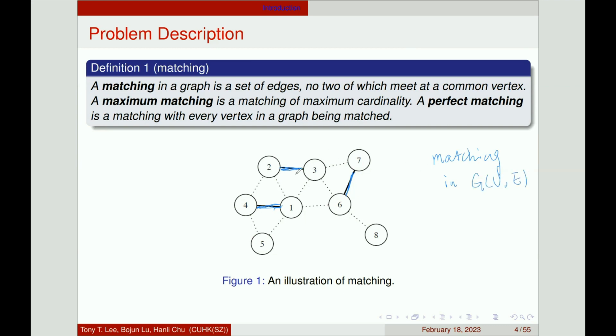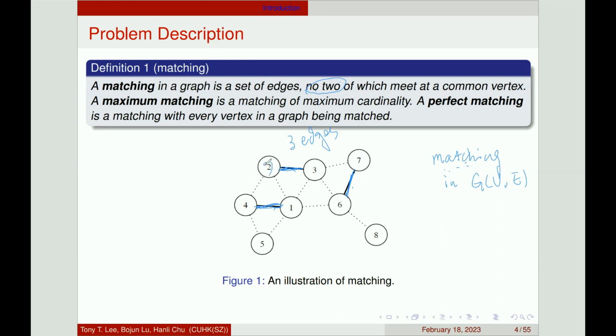So, as you can see, it is still a subset of edges, and the property is that any two edges in the matching do not meet at a common node. Here, for example, we have 3 edges, okay? No two of the edges in the matching meet at a common node. So this is the definition of matching, and intuitively we can understand the meaning of matching as well, because we